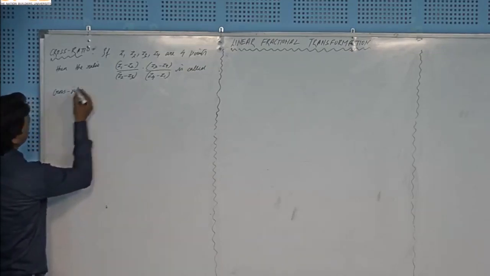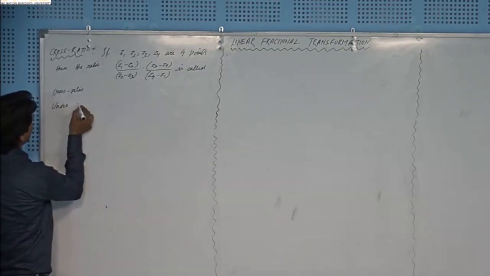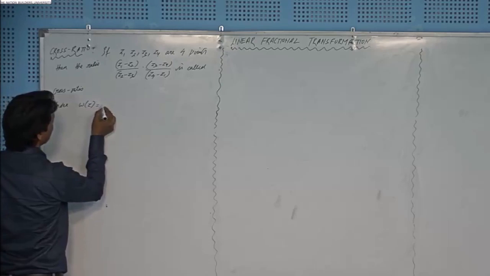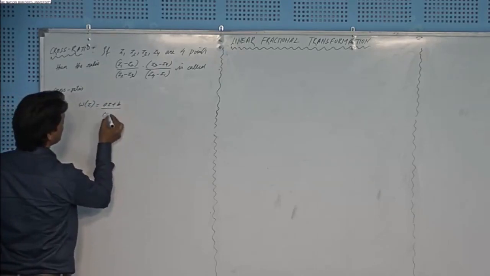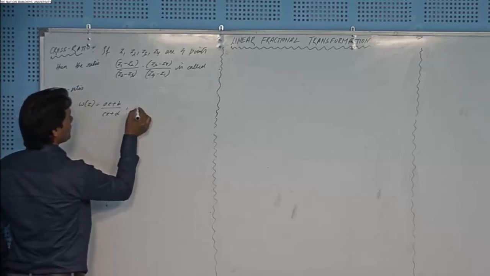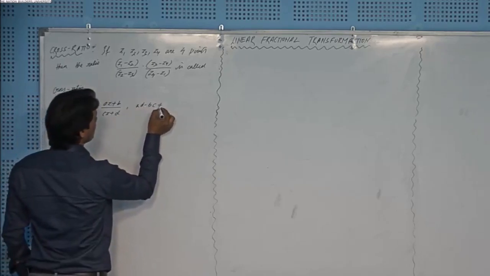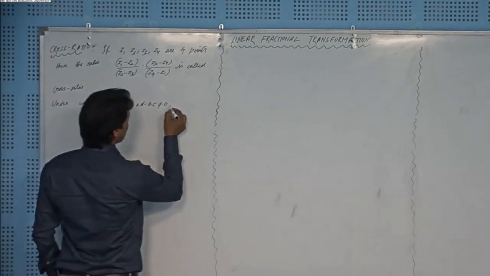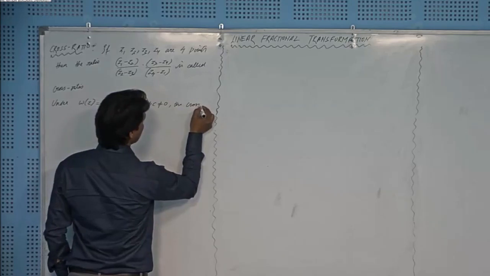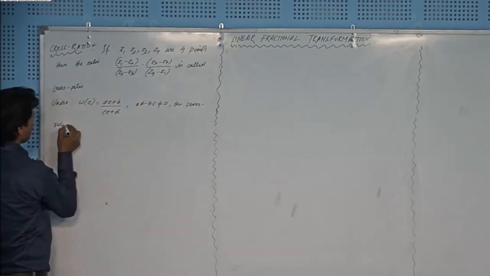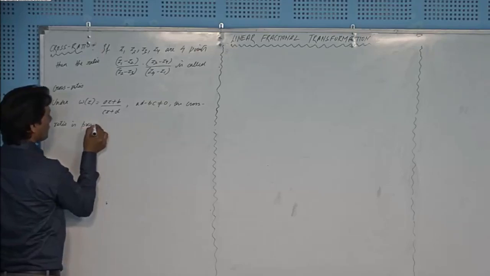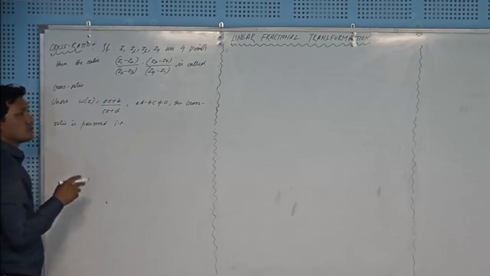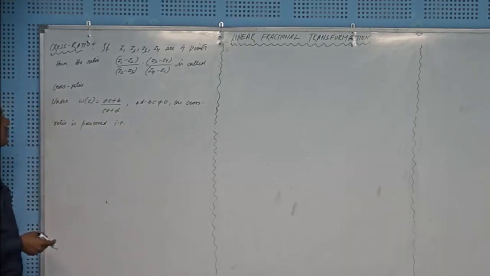So under this linear fractional transformation, which we denote by W(z) equal to (Az plus B) over (Cz plus D), where AD minus BC is not equal to 0, the cross ratio is preserved. That is, for any 3 points z1, z2, z3, if I add the 4th point as z,